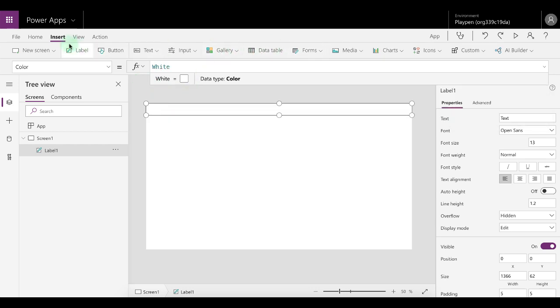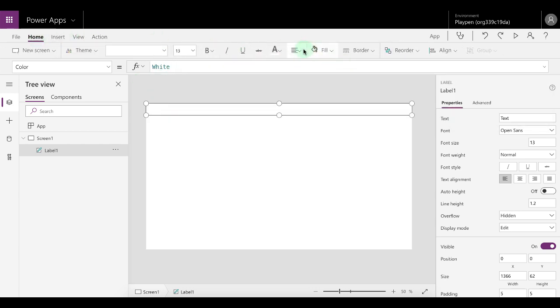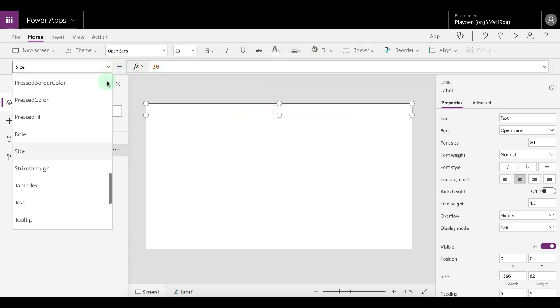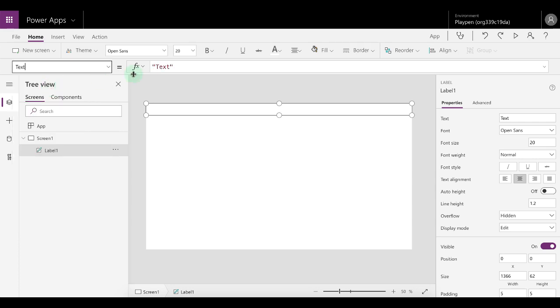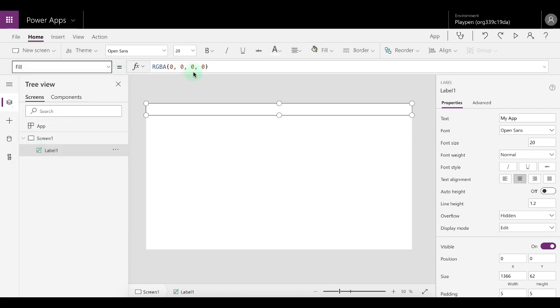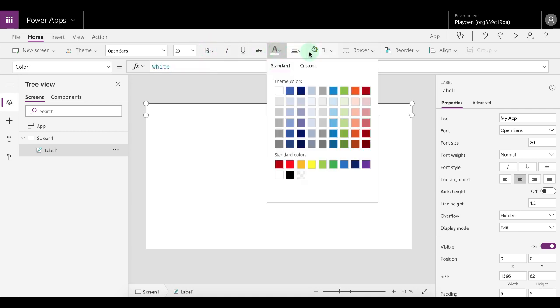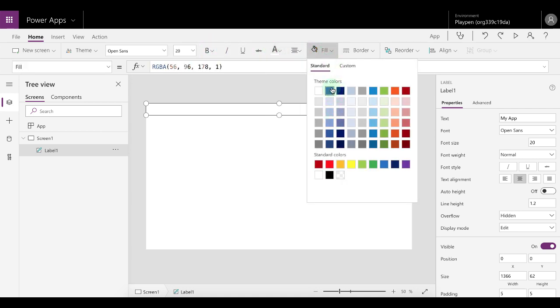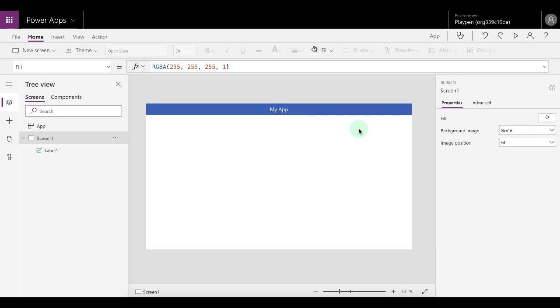Let's go and center that text, make it a little bit bigger, go and change the text to something like my app, and it's going to change the fill to blue. Alright, so there's our header, and now right underneath that, instead of inserting all of these different buttons,